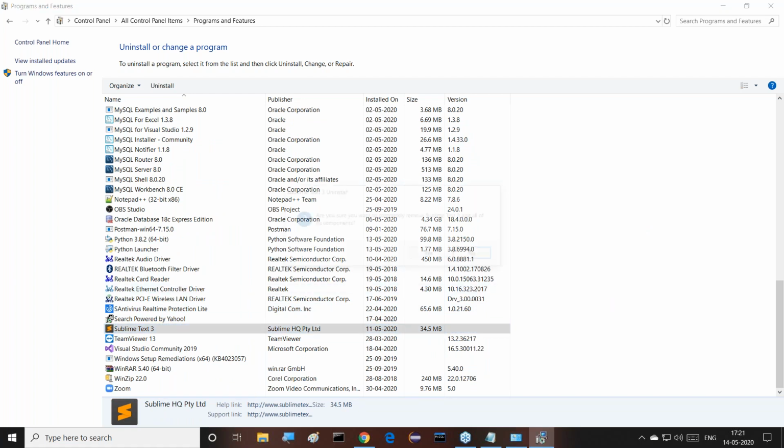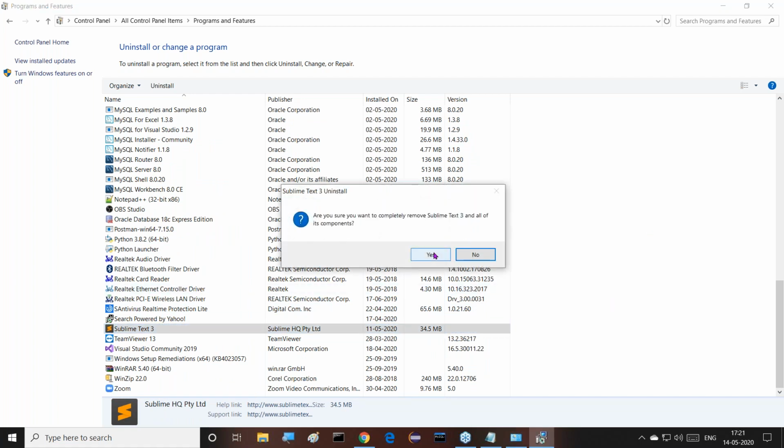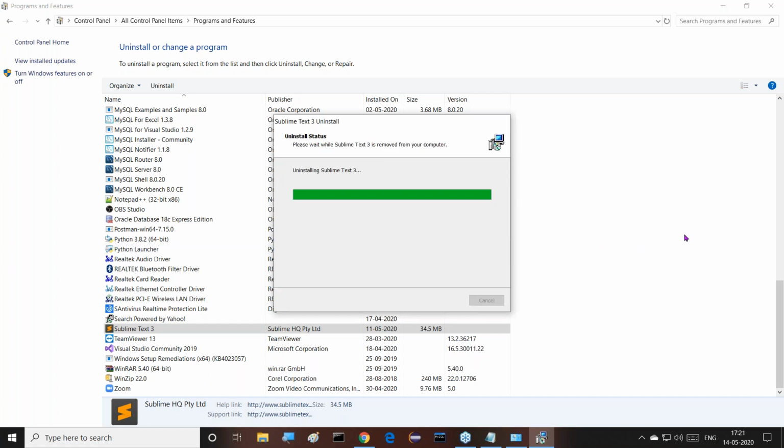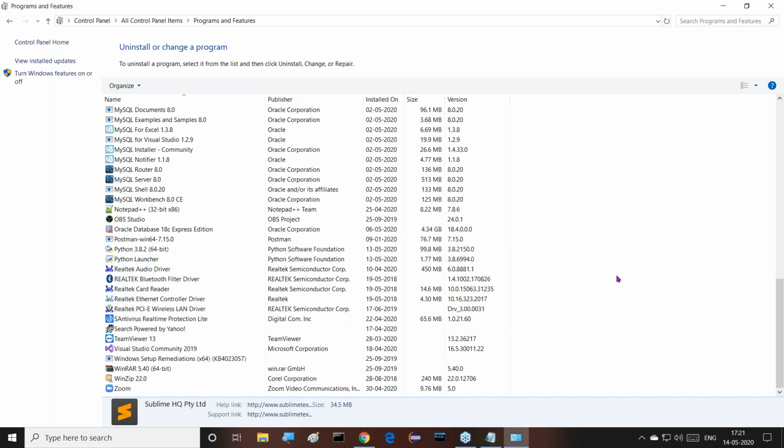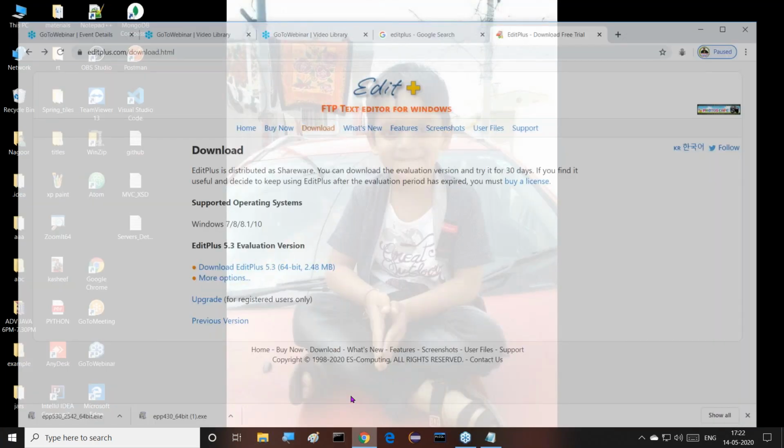Sublime Text is almost similar to Edit Plus, but very simple. Using Sublime Text is also very simple. Observe this clearly. Right, sir. Not available. Sublime Text is deleted. Okay, fine. And next, what I will do now is download Sublime Text from the internet.